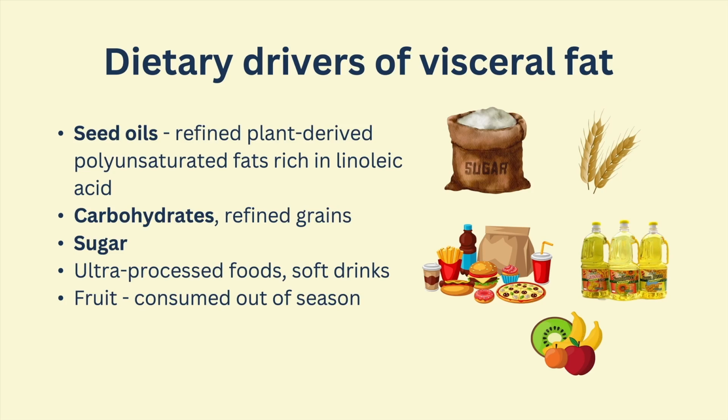Several of these are also going to be driving overeating. They're going to be driving consumption of hyperpalatable food, because they act in the same way that your brain's endorphin systems do. So when you eat foods that contain seed oils, your appetite and your satiety is being hijacked, and they're going to very, very much drive the accumulation of visceral fat. Carbohydrates and refined grains, sugar, ultra-processed foods, and any type of liquid calories that contain sugar are going to be rocket fuel for depositing visceral fat.